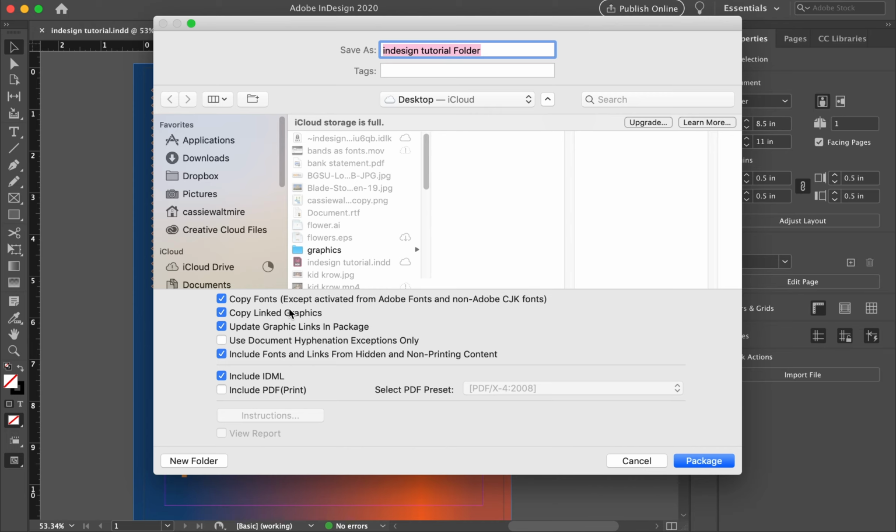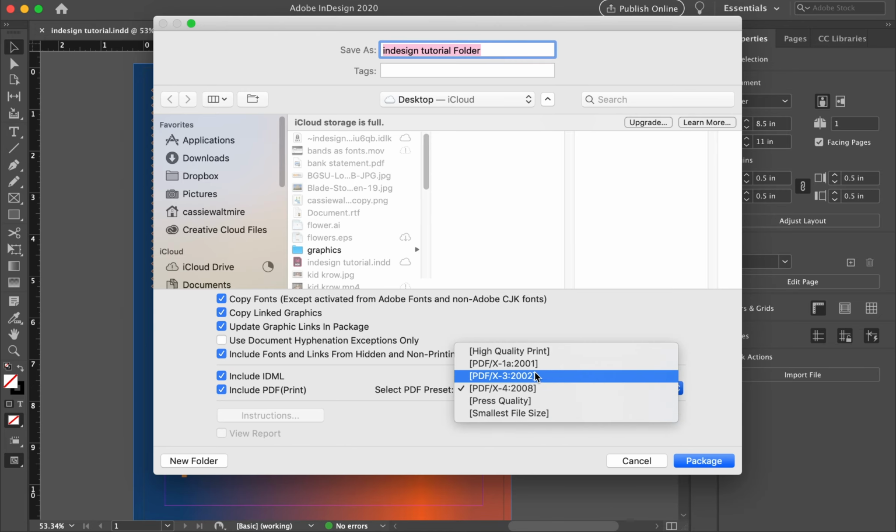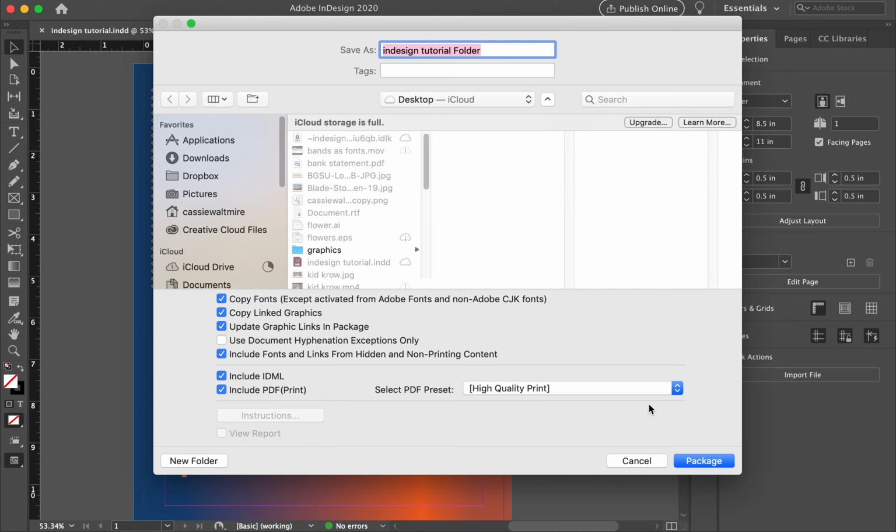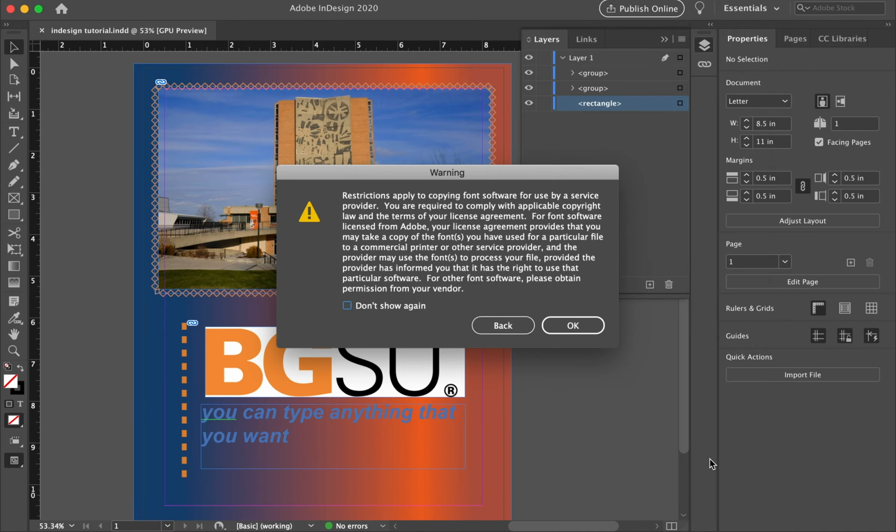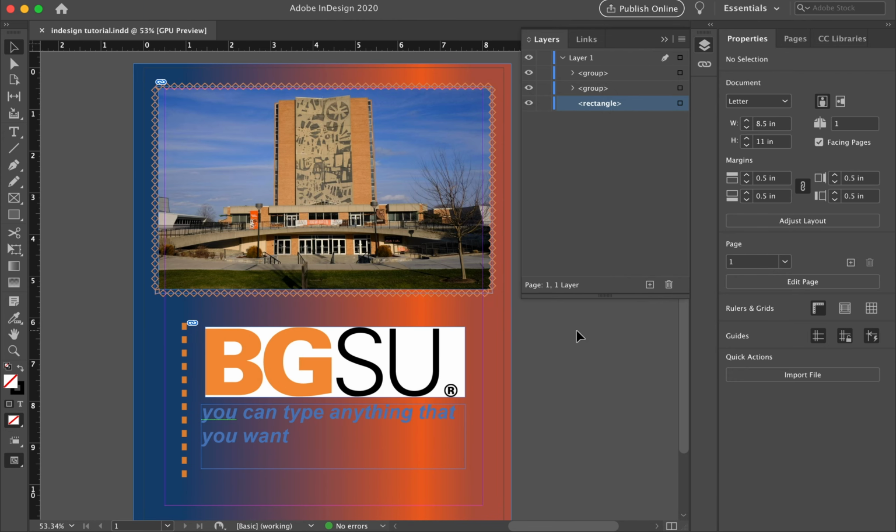You'll want to make sure that all of these are selected: copy fonts, copy linked graphics, update graphic links in package. You can click this one, you don't have to. Include fonts and links, include IDML, which is just an older version of the document if you want to open it up in an older version of InDesign. And then you'll have to make sure that include PDF is selected. You can put any of these that you want. I would suggest the high quality print. And so once all of that is done, you just click Package, OK, and it will package it all for